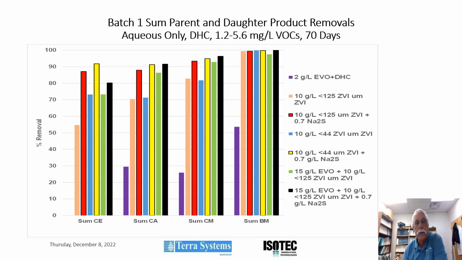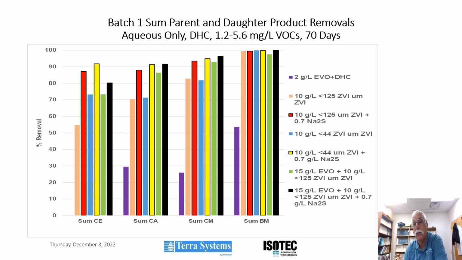The first batch study used 1.2 to 5.6 milligrams per liter of chlorinated ethanes, chlorinated methanes, and brominated methanes. The study was run for over 70 days and evaluated the following treatments in the aqueous phase: EVO and bioaugmentation, 10 grams per liter of less than 125 micron ZVI, 10 grams per liter of the 125 micron ZVI with